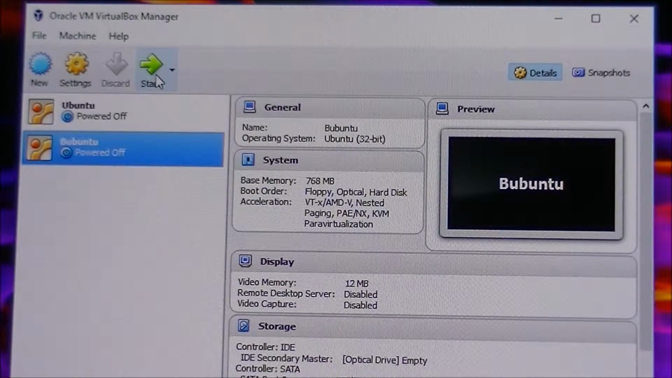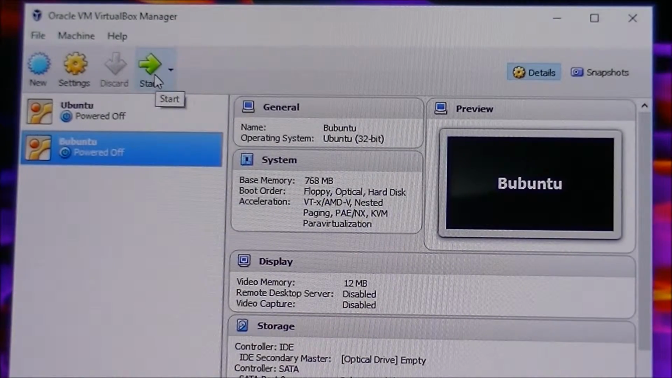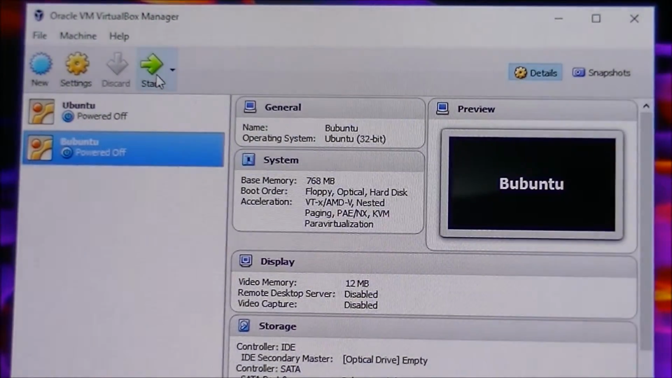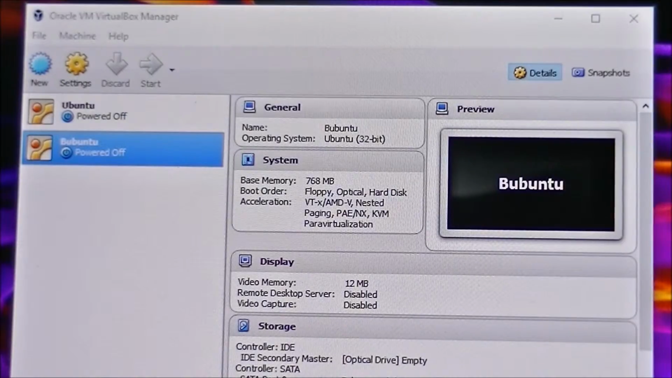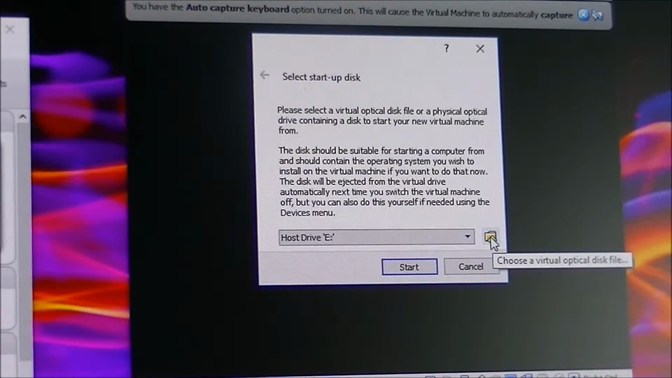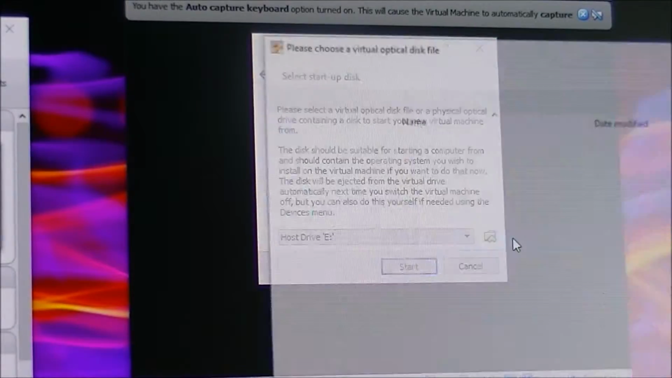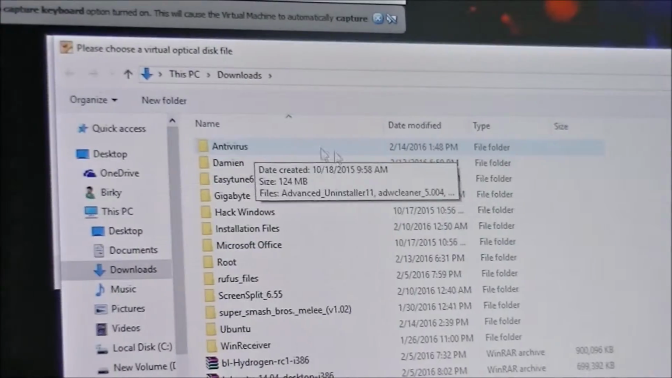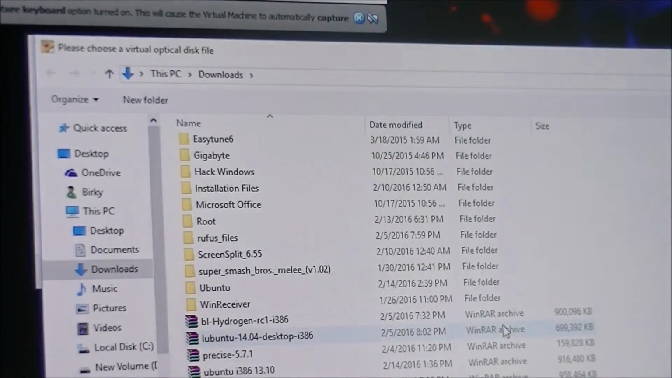Now, on your first boot of Ubuntu, you have two options. Either you can use the image I had you download, the ISO, or you can use a live disk. I will be showing you how to use the image I just had you download. So we press Start. Instead of host drive E, press the folder with the green arrow. Then it should take you to under Downloads. If not, navigate to Downloads where you downloaded your image of Ubuntu